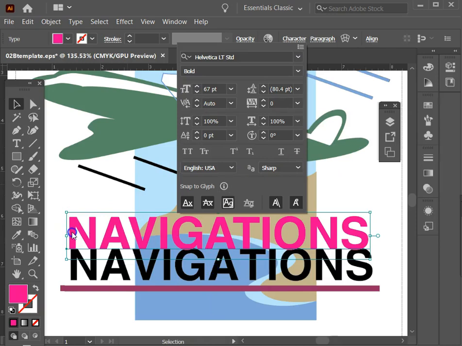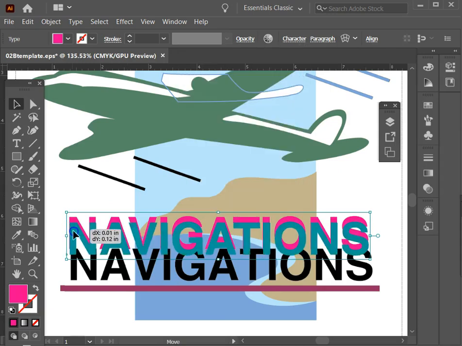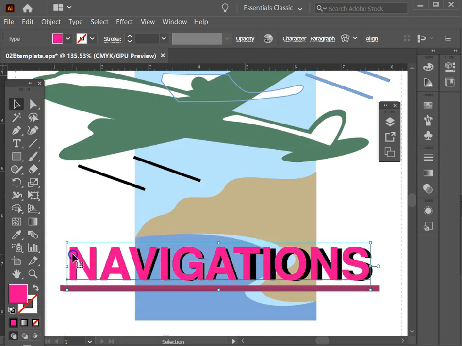If you don't have Helvetica, you can use Arial or some other very similar font, but try to get as close as you can to this typeface. If you're using one of the school's computers, you should have Helvetica available. Okay, so this doesn't match in spacing, and that's because this spacing